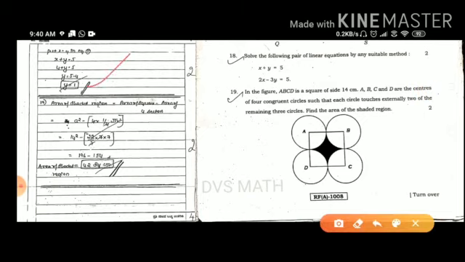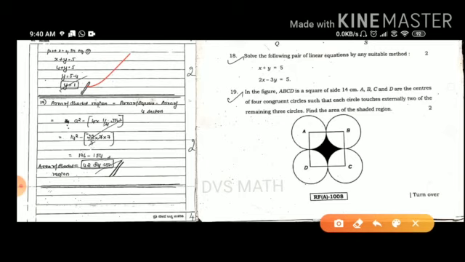Please mark the x and y value separately, which means put a box and it will be clear. Don't leave it as it is, because the invigilators have to search where the x value is, where the final answer is. So if you put it in a box, it will be very clear for them, the x and y value.